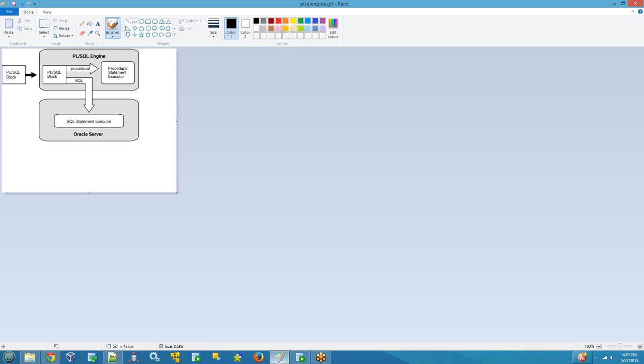Okay, so let's see this diagram. Everybody is able to see that diagram? So this is the PL SQL block. Please see this diagram. This is the PL SQL block. Let's assume